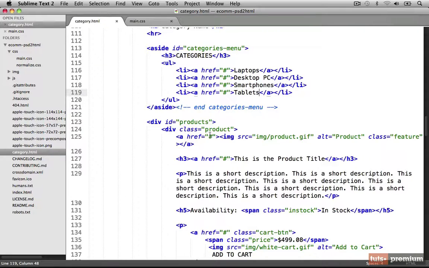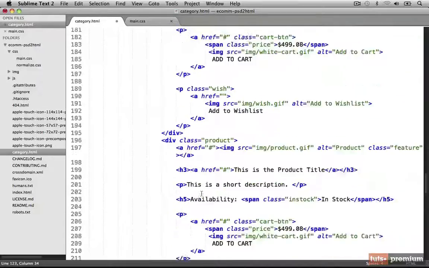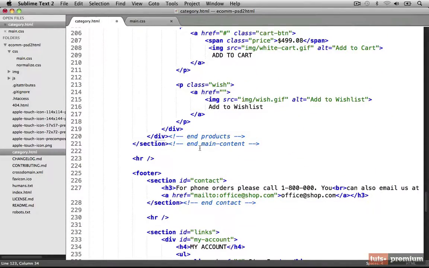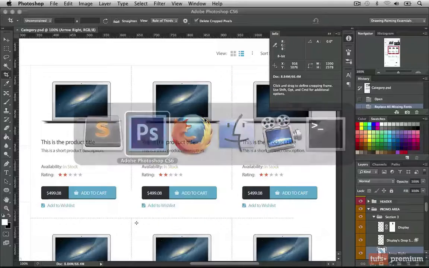So in order to do that, and to keep this new styling separate from the index page, which relies on specific styling for that layout, all we have to do is change our products div, change its ID to listings. And we'll be able to target this and style each of the products differently. Now I'm going to scroll down to the bottom here to update the comment for the end of that div. So it's no longer end products, it's end listings. And that's all we need to do for the HTML to display our products in groups of 3 like we